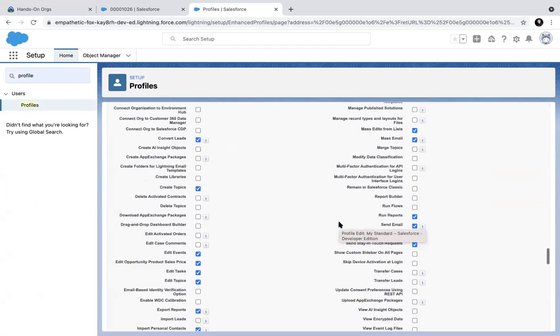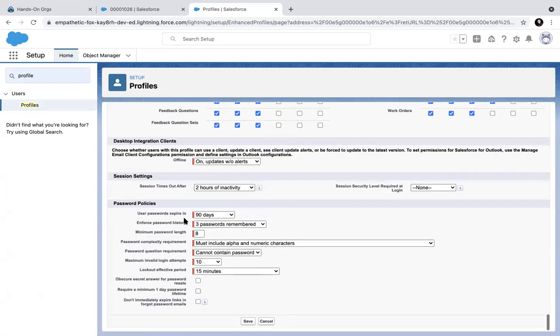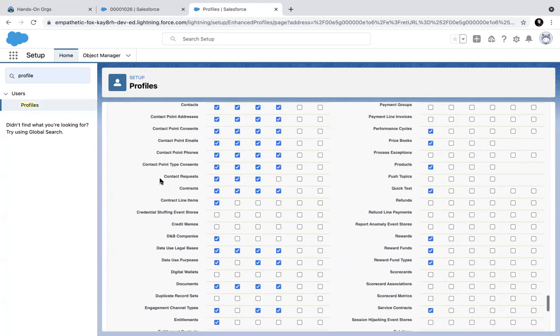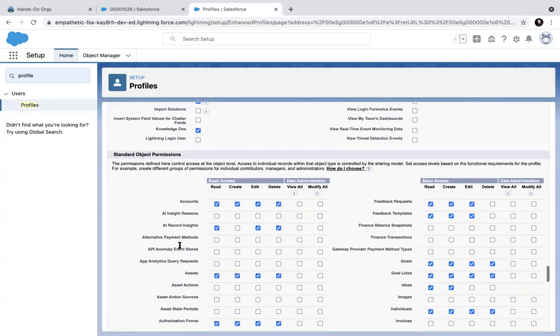Down below, you have the standard object permissions, and you will also have custom object permissions if you have created a custom object. You see, if you take out the permission here, then this person cannot create any account records, because that table itself is not available to them. The whole table is gone. It's just like that table does not even exist for them.